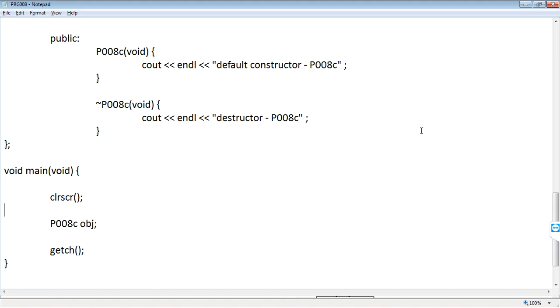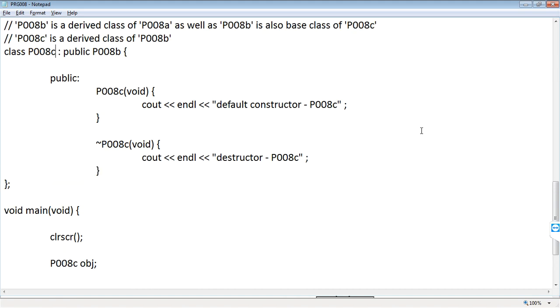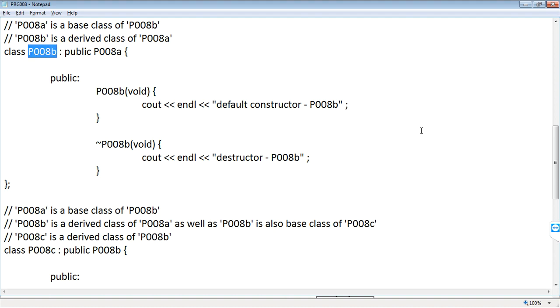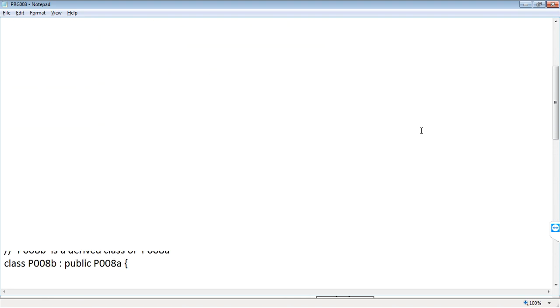Now this object is initially processed inside the derived class named P008C. Now entering here, before entering into the base class, the cursor transfers into P008B, then P008B transfers the cursor into P008A.